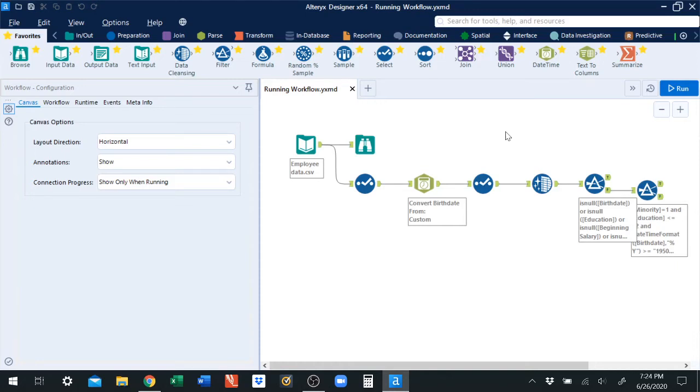In this video, we'll cover 3 more tools in Alteryx. We're going to cover the formula tool right here, the sample tool, and the random sample or random percent sample tool. These 3 tools come from the preparation group of tools, and I've made them favorites, as you can see. So you're looking at our workflow that we left off with in the last video,